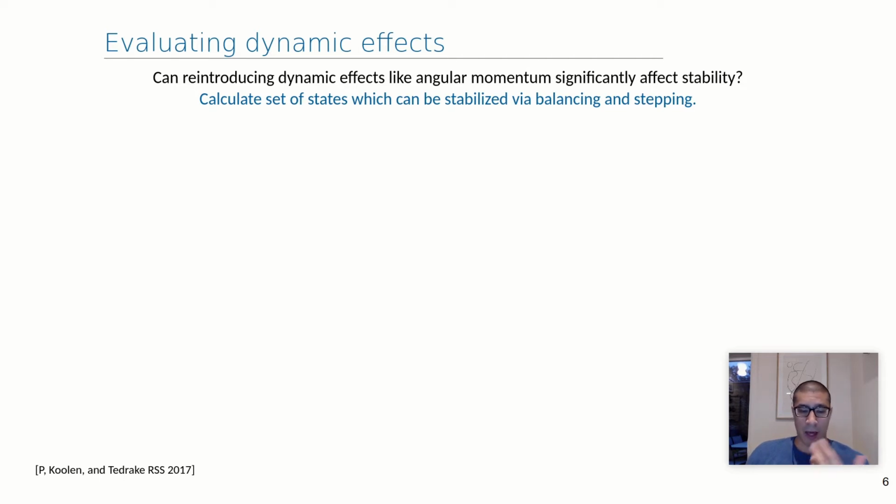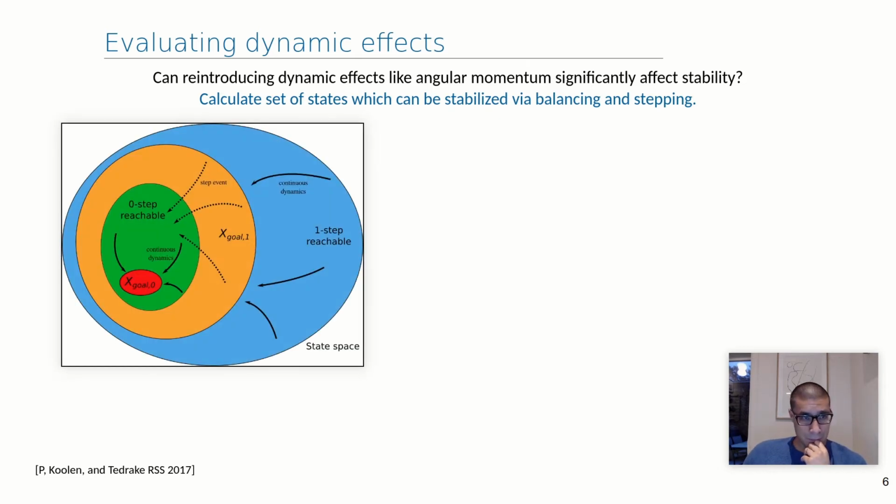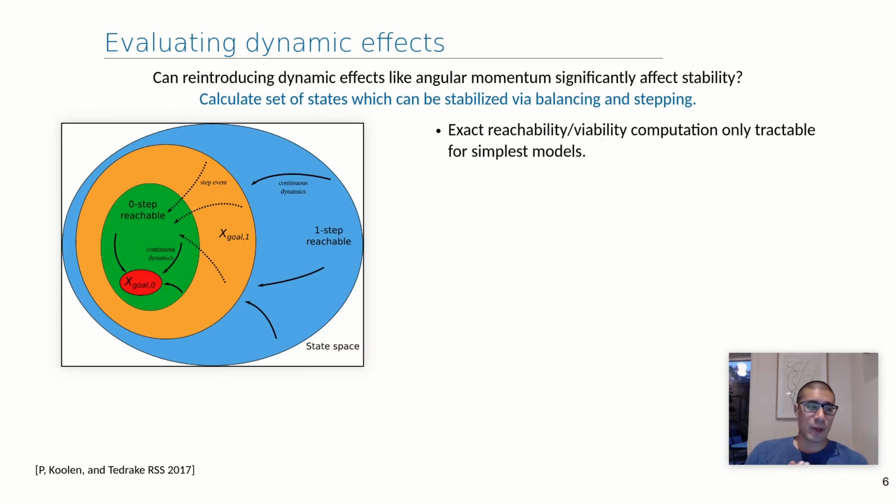Right? If I have my simple model, I perturb the robot, and I use that simple model to try to recover, what recovery is possible and what is not possible? Okay? This goes back to this idea of reachability or viability. We want to calculate the set of states where balancing is possible, and then use that to compute the set of states where you can recover if you take a single step, if you take two